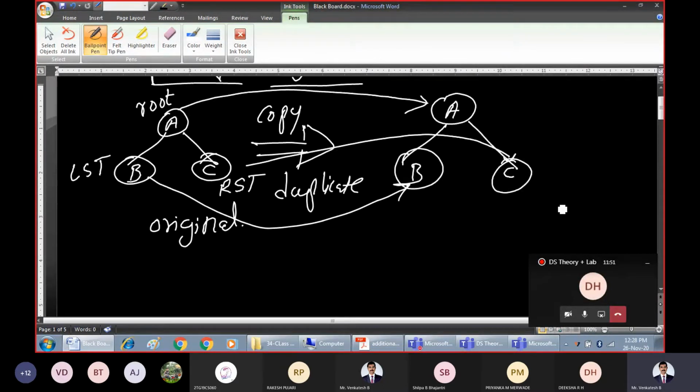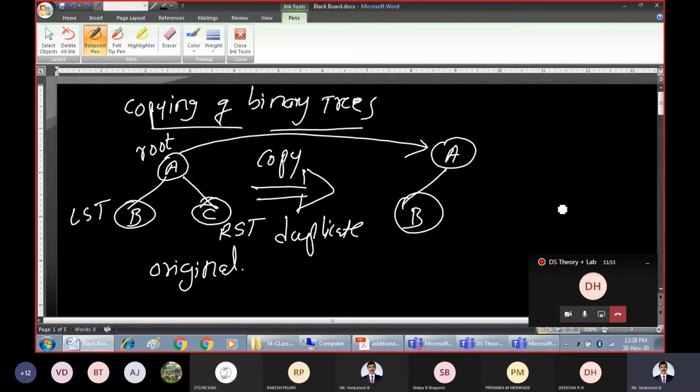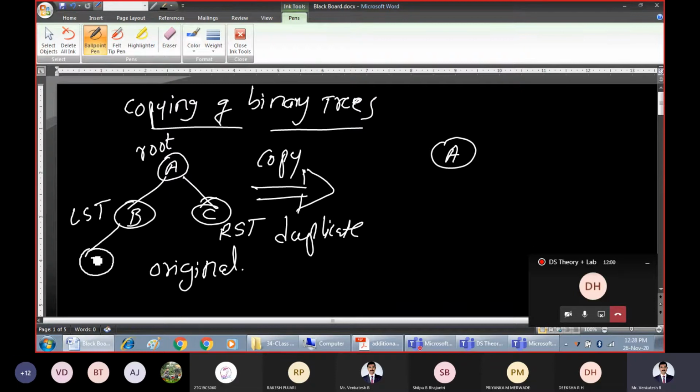So now we have created a copy or replica of the binary tree. Say for example, if this B has one more subtree called Z, then you should apply the same thing recursively, because once you create a duplicate copy of this node, it is understood that all the nodes under it get copied. Once you create a duplicate copy of this C, for all the subtrees coming under it we are going to create a duplicate copy. So that is the logic.